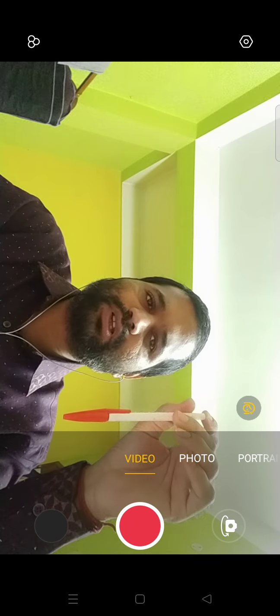Second thing, why we should put it this way? Because the object you are using can be hot or it can be cold, so it can touch the glass and sometimes it may break also. So we have to be very careful. Second thing, when we are using a laboratory thermometer, the bulb of the laboratory thermometer should not touch the base of the container.